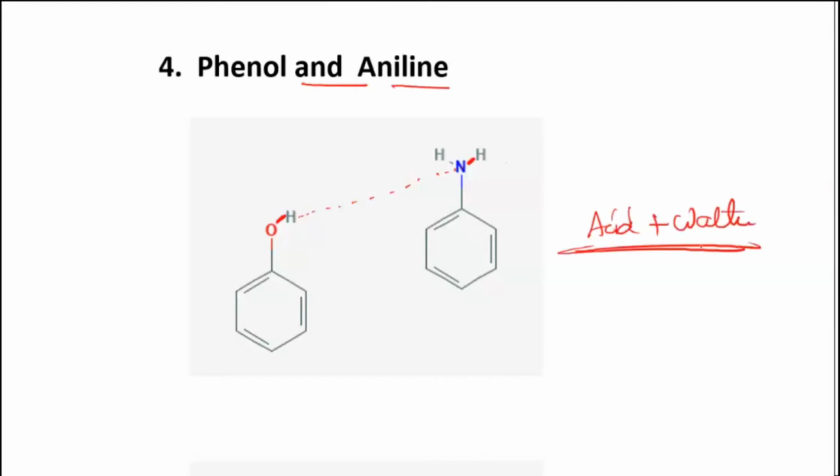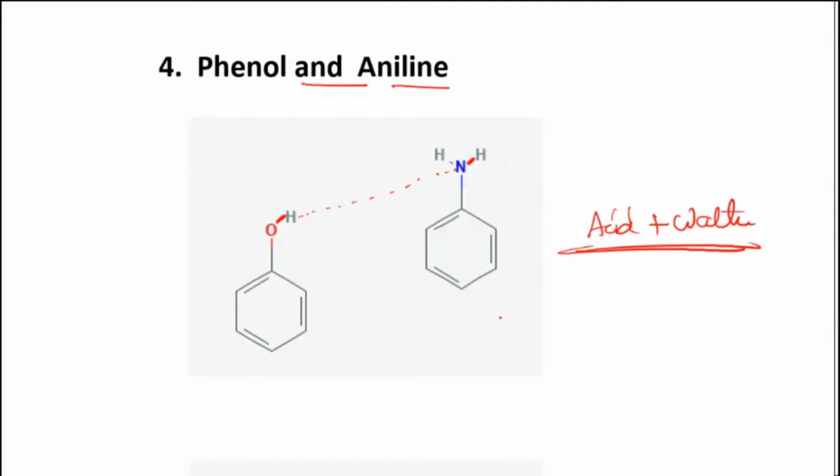And if you want to remember the example for the positive deviation, you can remember alcohol. You have seen alcohol with acetone and alcohol with water. Minimum at least two, if you are able to remember properly. So now we are done with this part, the difference between the positive and the negative deviation. Now I'll go for the next topic.